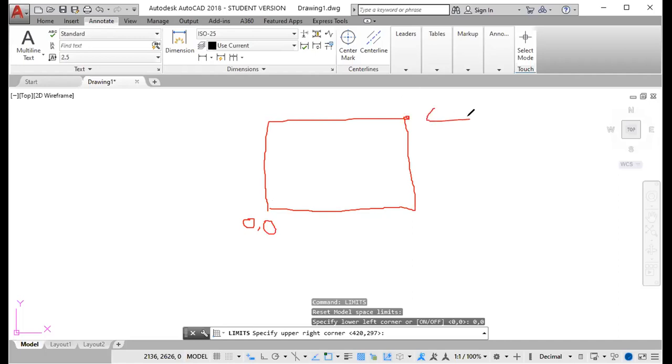So this point is 420, 297. It means therefore that this first value is the x value. It means therefore from 0 this goes 420 on the x-axis